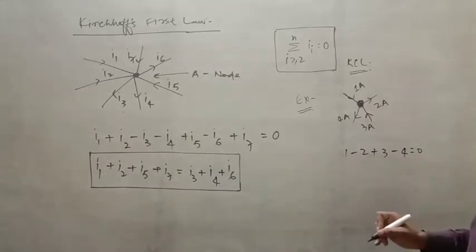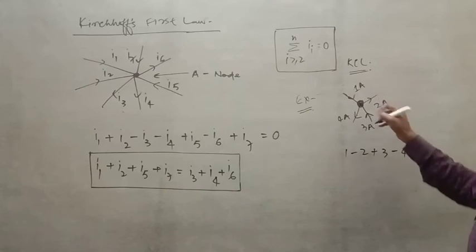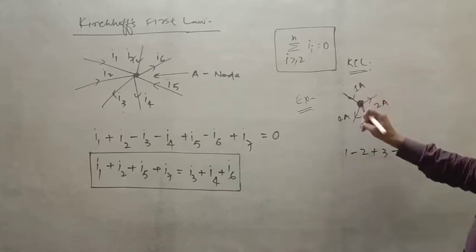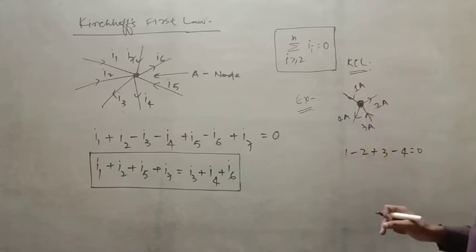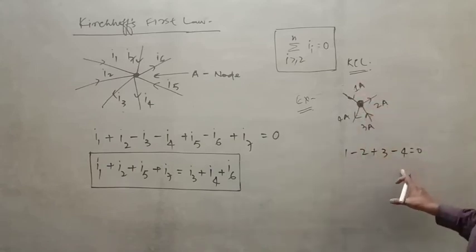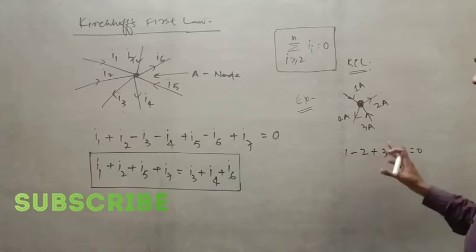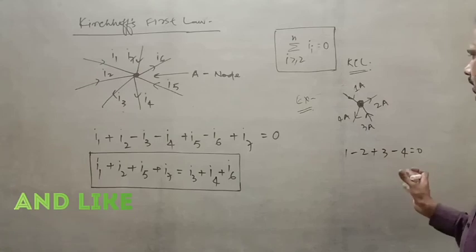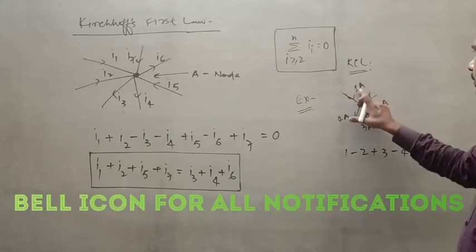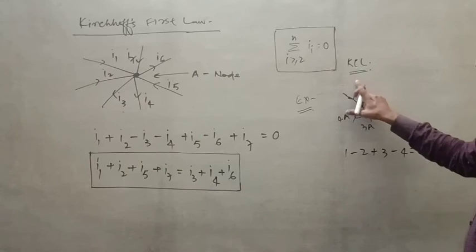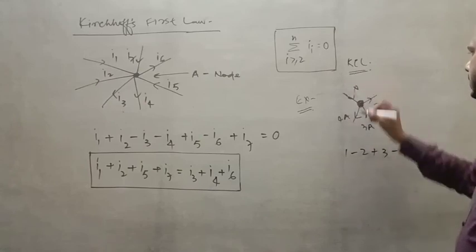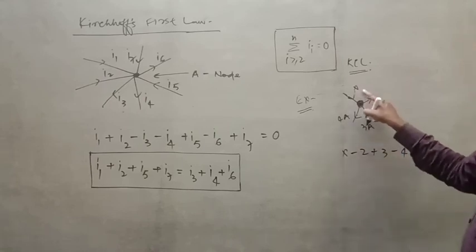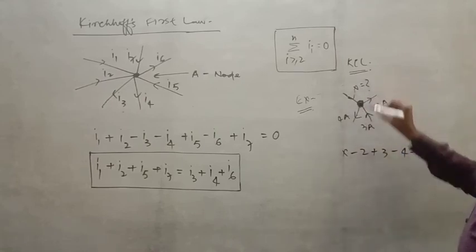That means what you can find from here. Here you can say how much is coming and how much is going away from the junction. But if you want to find some unknown, you just take one as unknown. Suppose you have to find x, so you take it as x, and now from here you can find out how much this current is. It is very simple.